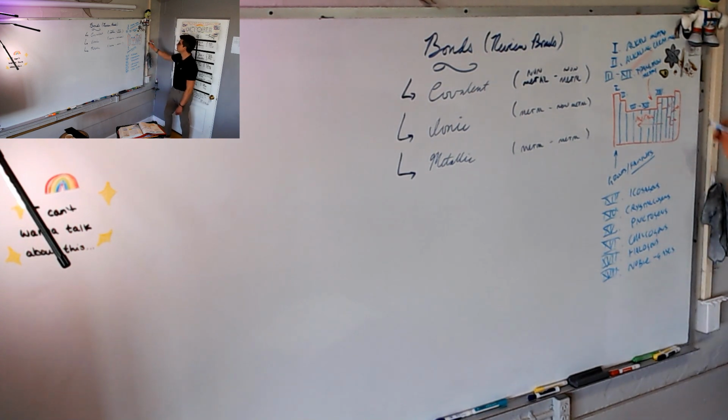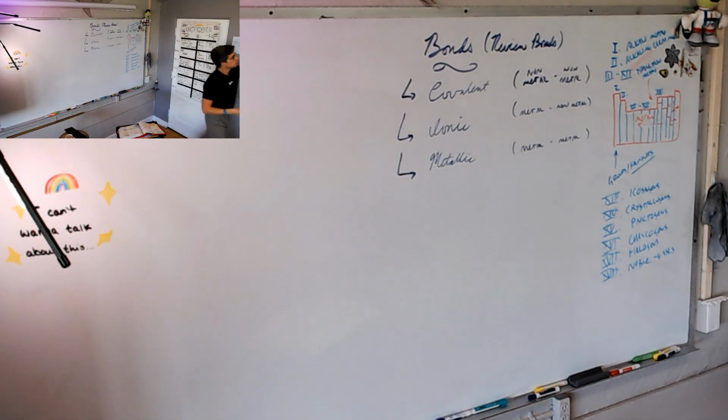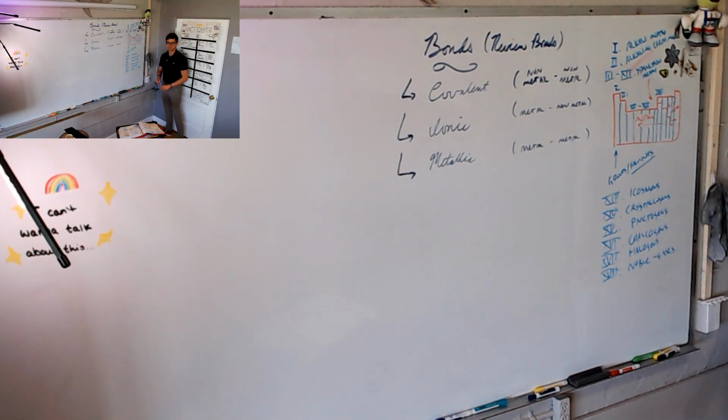Did you say 3 through 12? Yep, 3 through 12. 13, icosagens. 14, crystallogens. 15, pnictogens. 16, chalcogens. 17, halogens. 18, noble gases. Can you read them and spell them?